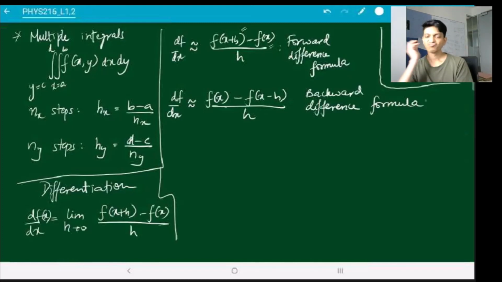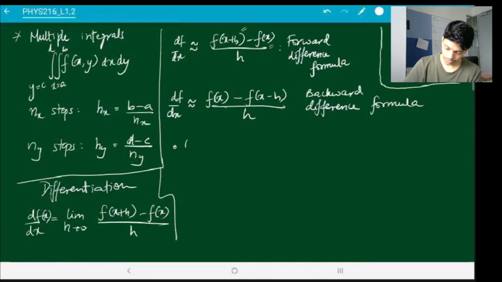So these are the two ways that you can calculate. Let's take for example the forward difference formula and see what the error in the calculation is. Since the df by dx that you have calculated is (f of x plus h minus f of x) divided by h,